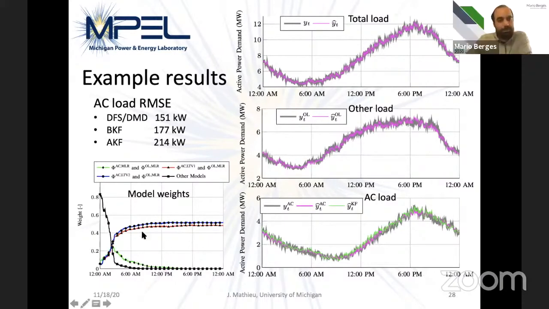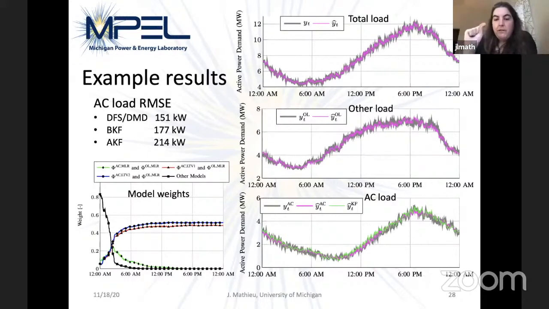Right. And then you can see eventually these 2 models end up being the best, but the algorithm can't pick between them. It's still saying it's better to use a combination of those 2 going forward. And these 2 models are using the linear time varying AC model, both of them, but slightly different versions of them, and a multiple linear regression for the other load. So those end up being the best over this specific day, but other days look different.